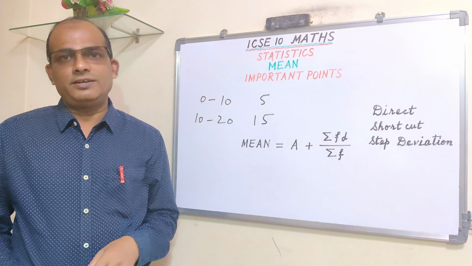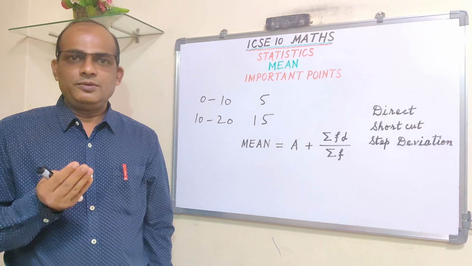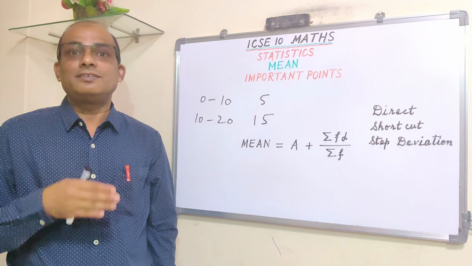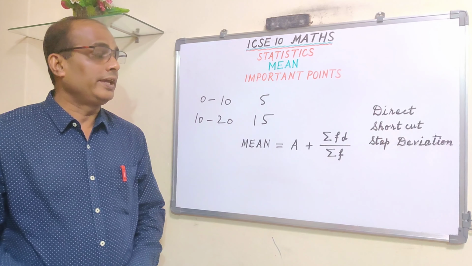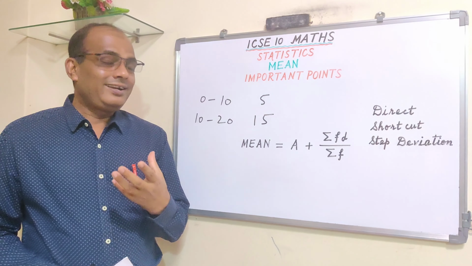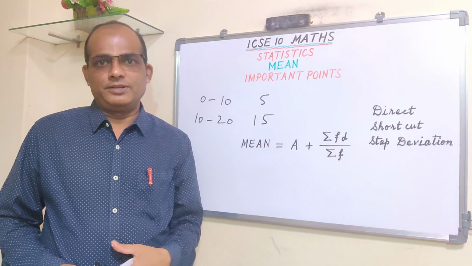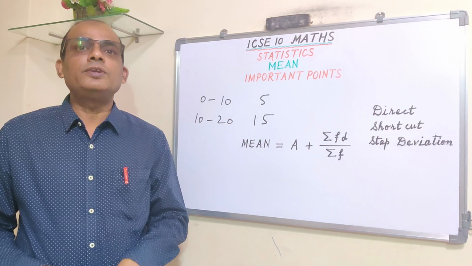From this chapter, statistics, in the ICSE examination, I can tell you the tentative weightage: 12 marks, 13 marks, 14 marks, 16 marks questions are asked. Generally, it is mentioned in the question that you find out mean by shortcut method, or sometimes by step deviation method. But this year in 2021,